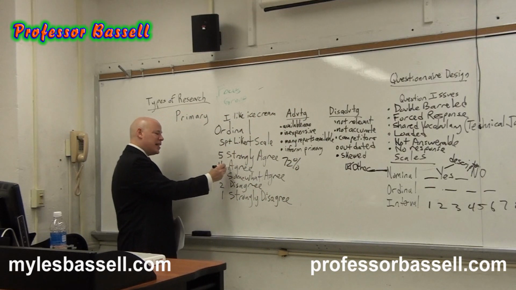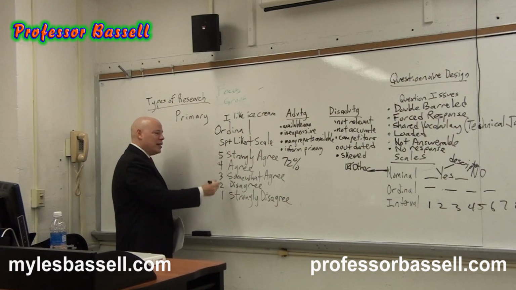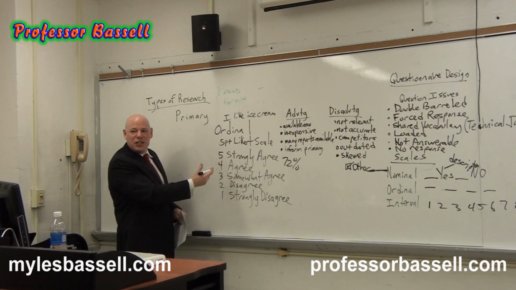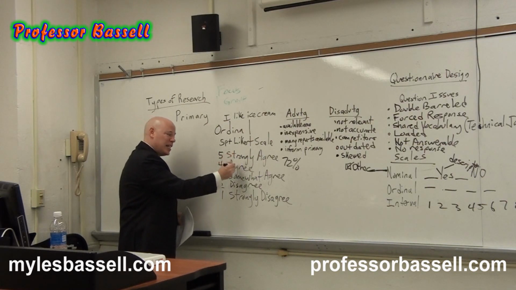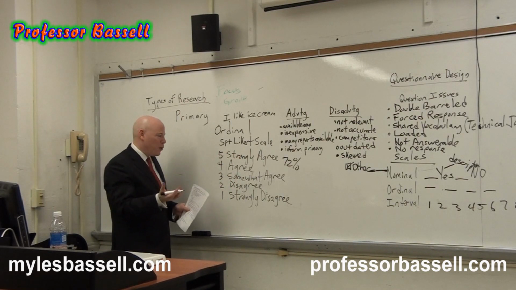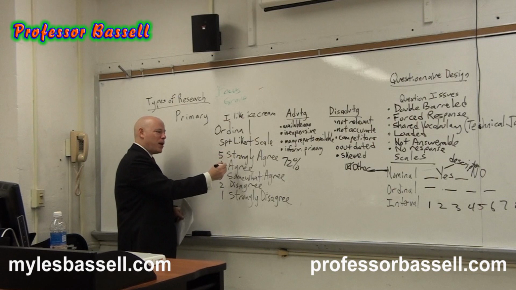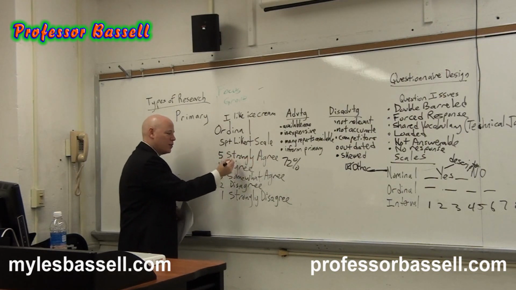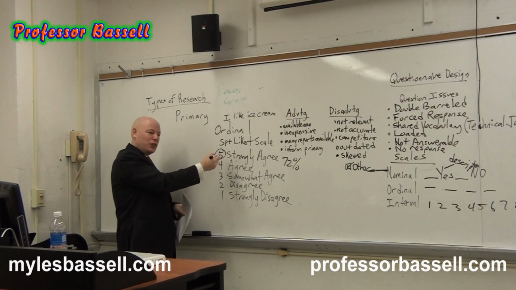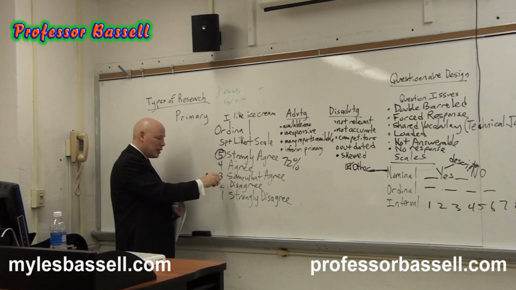This response here, this is just coding. This is not the scale. This is just coding. We could show this to the respondents. This could be on the questionnaire, but it doesn't need to be. This is really for us. If we show them this, that's okay. Sometimes researchers have that on the questionnaire. It doesn't matter. It's not bad if that's seen by them, but this is how we code their response. They choose this. What we see when we go into the data set is this number. That's what we tabulate using this number. That's why we code it, so that we could count up the number of 5s, the number of 4s, the number of 3s.